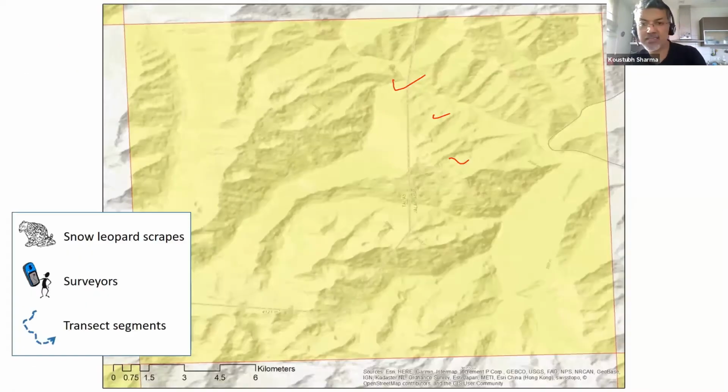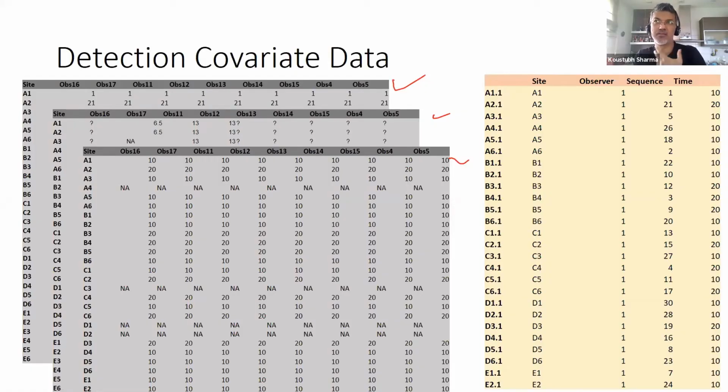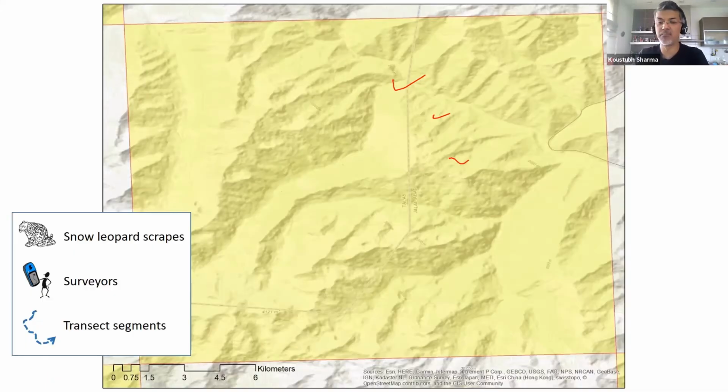Now the problem is that you will never, or almost never, be in a situation where the data from the field will come like this. The data comes in a completely different format, at least how you're collecting it in the field. And I'll just give you two very simple examples, and based on those examples we can see what are the best practices to collect data, organize them in a certain format so that transforming them for a PRESENCE compliant format